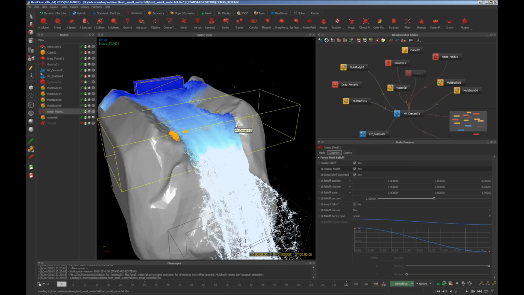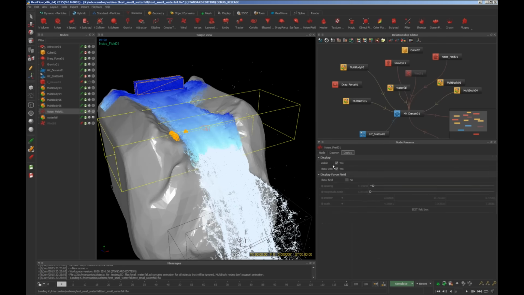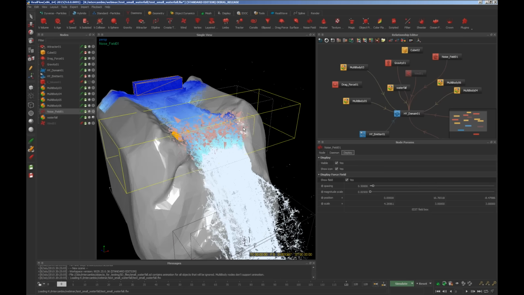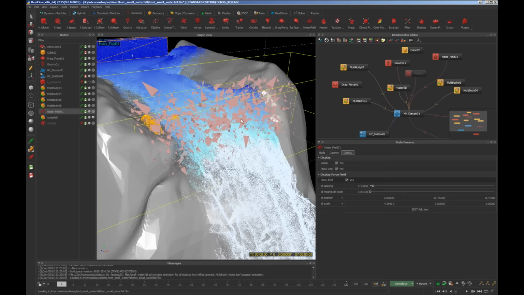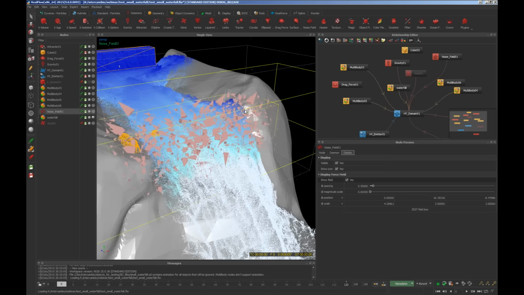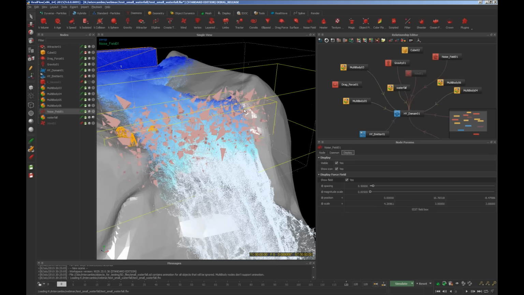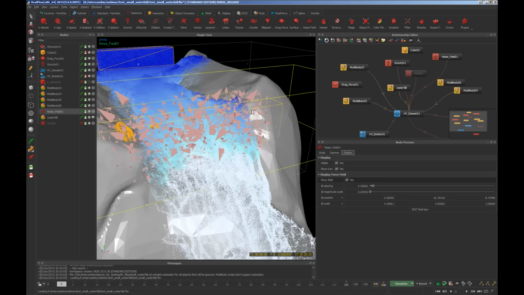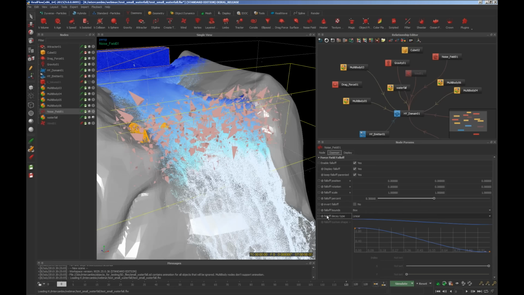But also we can show the field for this daemon, and we can check how the forces are affecting the fluid. I can even change the falloff decay type to custom shape and change